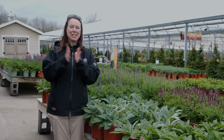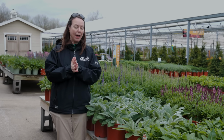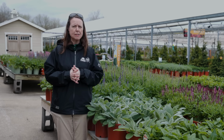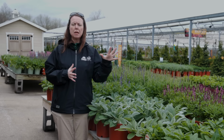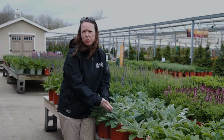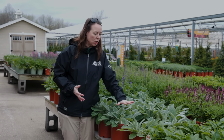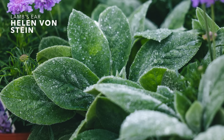One last one that I didn't want to forget to talk about is lamb's ear. And I absolutely love this plant. It really does its job for you out in the garden. It's really meant for those sunny to part shade areas. Obviously bold textured foliage, gorgeous and soft. Love the feel of lamb's ear as well, but you get that silvery green color out of it. This is Helen von Stein. So Helen von Stein is supposed to be